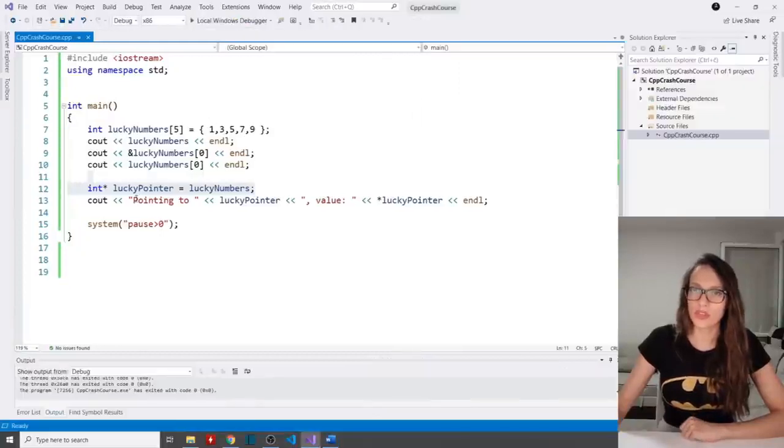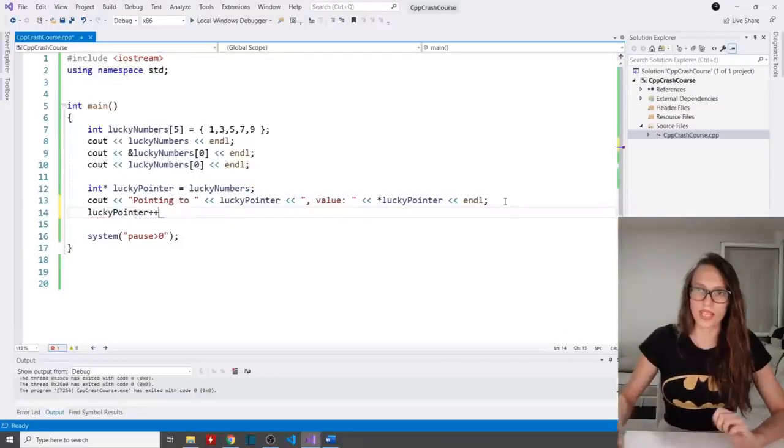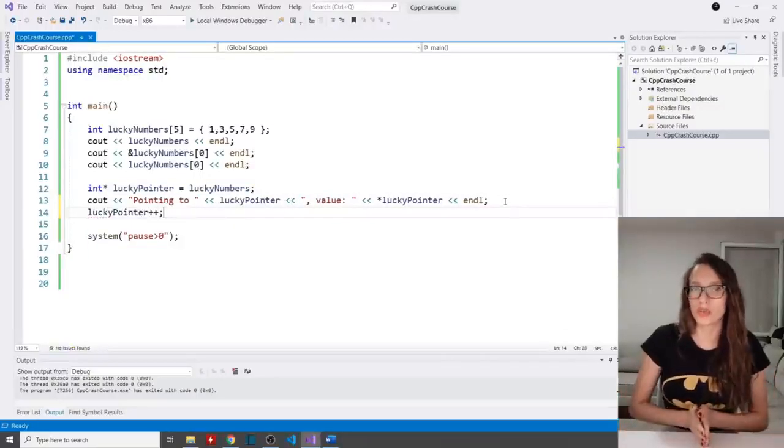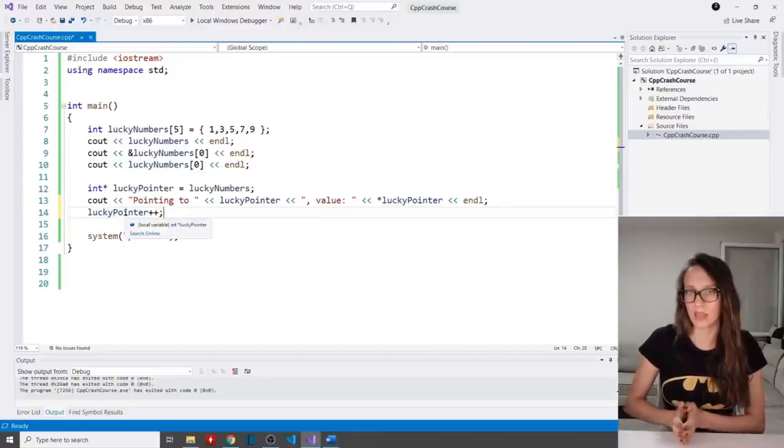Now, what I want to do with this pointer is I want to increment it. So I want to say lucky pointer plus plus, which is just going to increment the address, meaning that now our pointer is going to move to the second element.